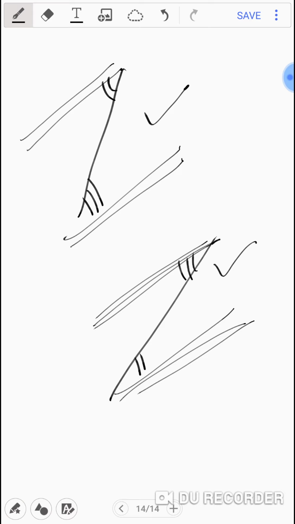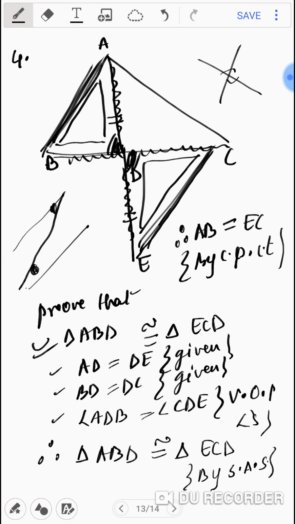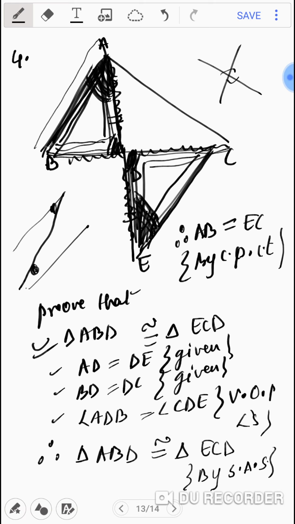How can you prove lines are parallel? If alternate angles are forming between them, then we can say that the lines are parallel. Alternate angles should be equal. Okay, so in this case you have shown that these two triangles, that is ABD and EDC, are equal. Once they are equal, can I take angle A, this angle? Can you see the marking here? I have darkened this portion. Angle A is equal to angle E. The full name, angle BAD, is equal to DEC. But they are also alternate angles, hence AB is parallel to EC.